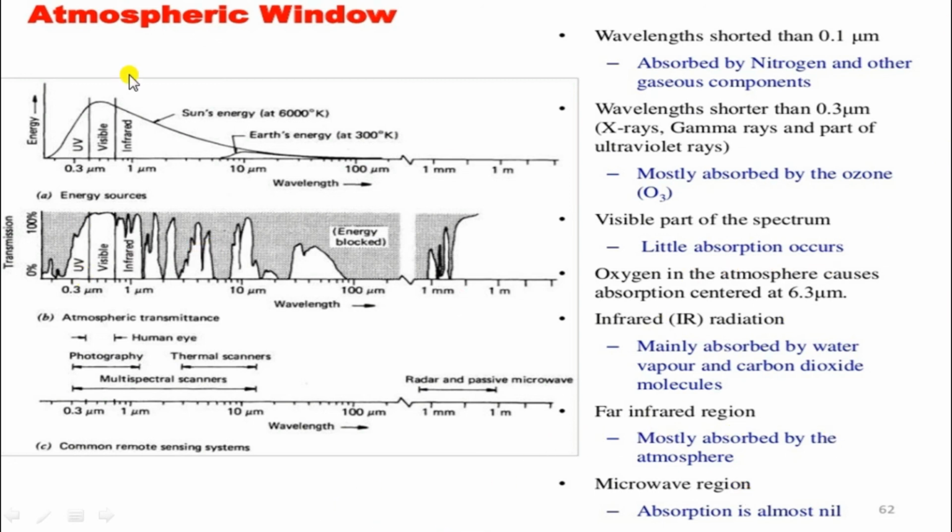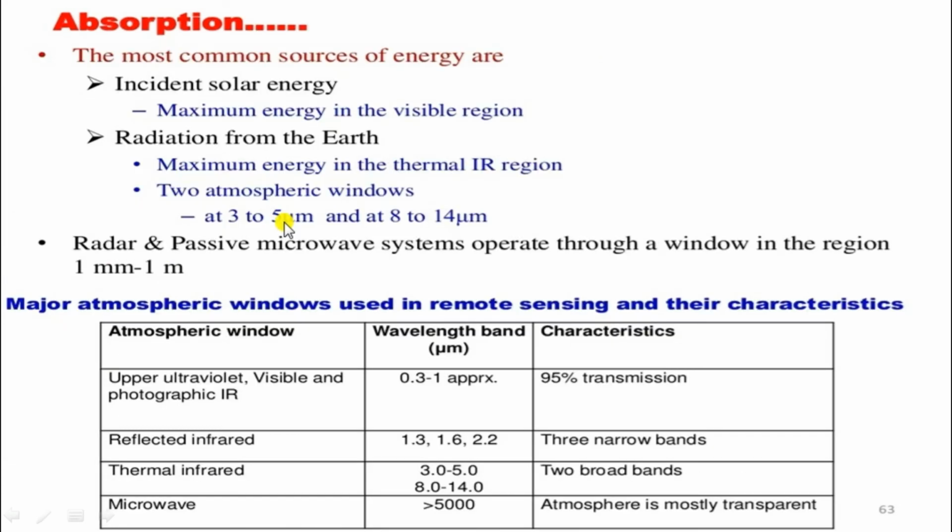In the picture, we can also see that different wavelengths are absorbed by different types of material. Generally, that energy is blocked. For the human eye, multispectral scanner, radar, and passive microwave, the energy should not be absorbed; it should be transmitted 100%. Some is only transmitted 70 to 80%, and the 1 to 5 micrometer and 0.1 to 0.3 micrometer wavelengths do not travel through the atmosphere.